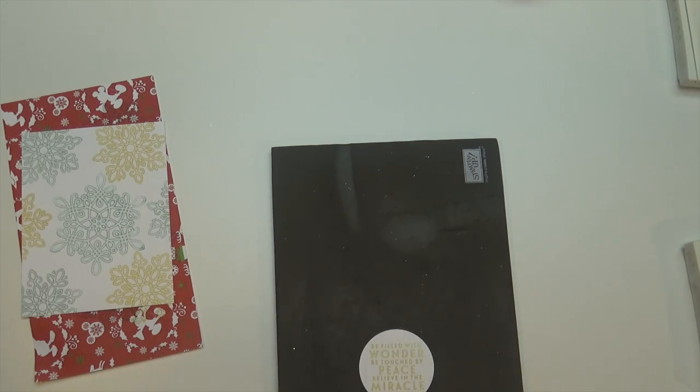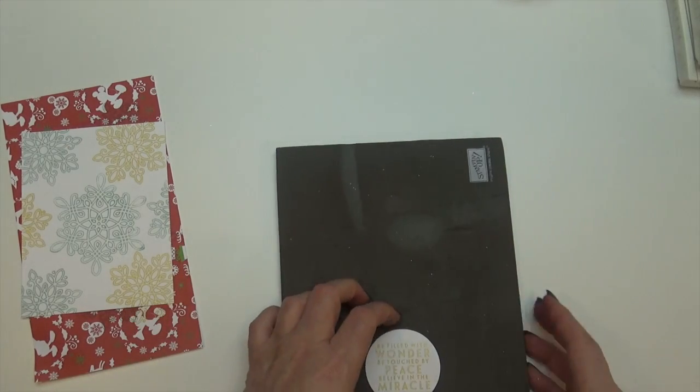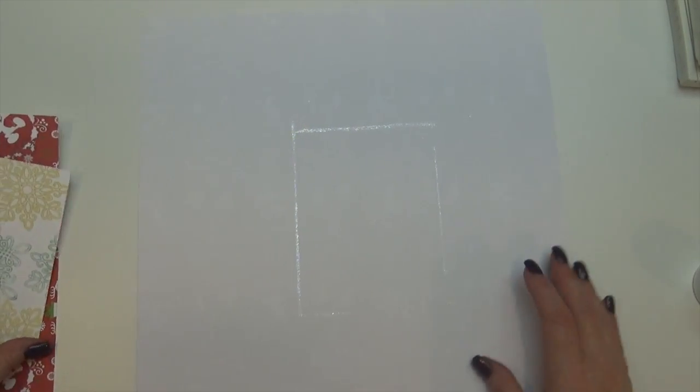And then pull straight up. And then we can get rid of our mat because we are done stamping. And then I'm going to pull in this piece of scrap paper. What I did